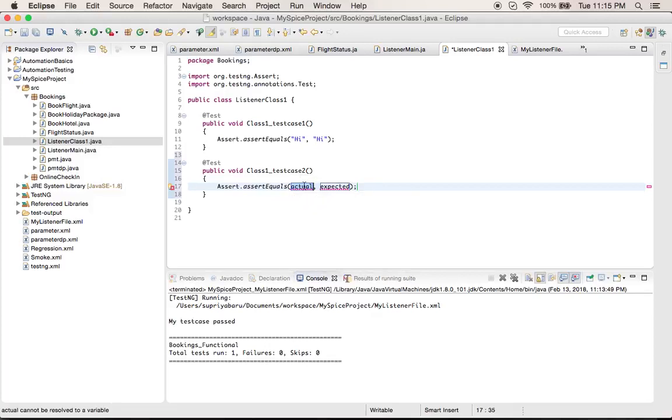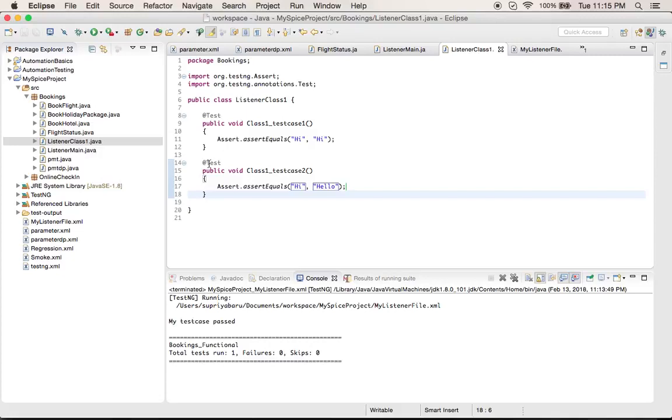But here my actual is hi, but my expected is hello. So what happens here is definitely hi is not equal to hello, and my test case will fail. So we know that the first test case is passed and the second test case is failed.